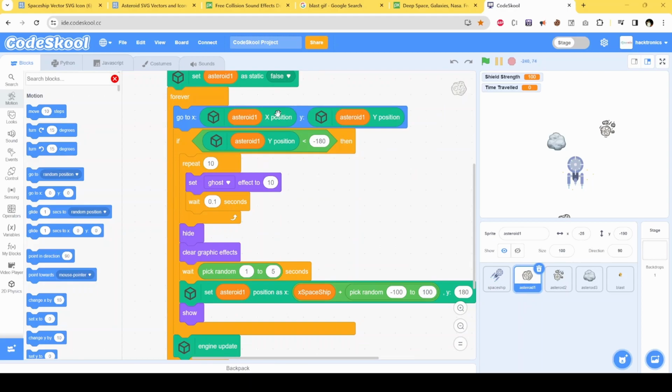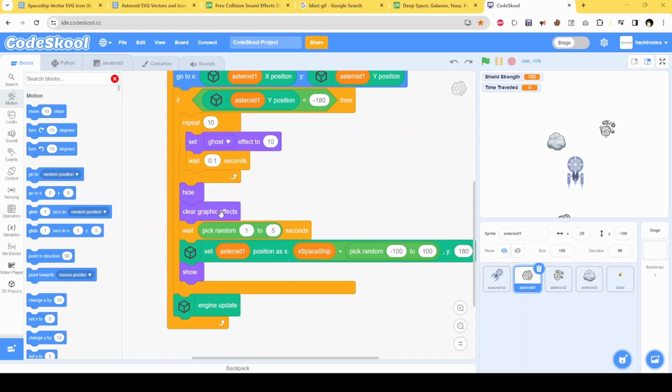Then I'm updating my position of this sprite by getting the position of that virtual object. And if my virtual object is below this -180, then I'm slowly fading it away and making it reappear